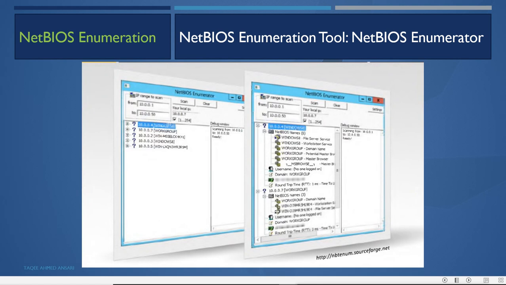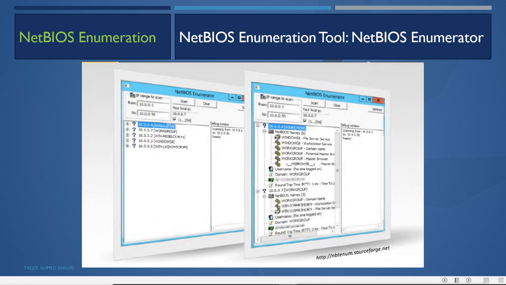Now in NetBIOS protocols, Windows has patched one thing. It is called null session. It was available in the previous versions of Windows. When the null session was available with the NetBIOS protocol, attackers could get lots of information by creating the null session.